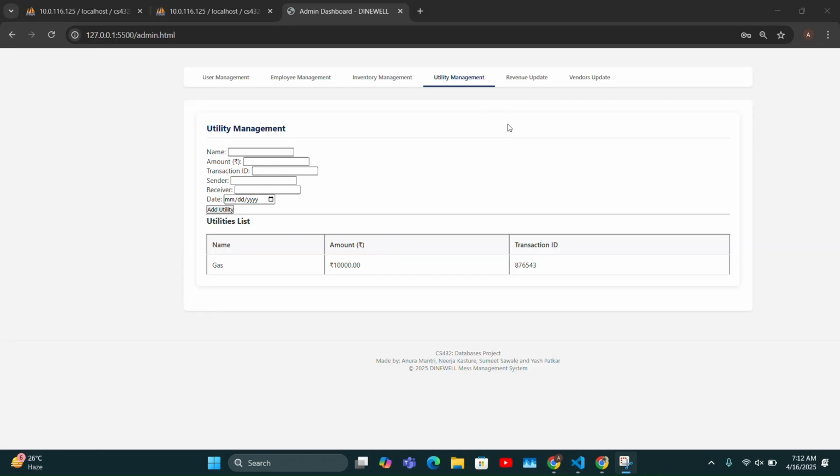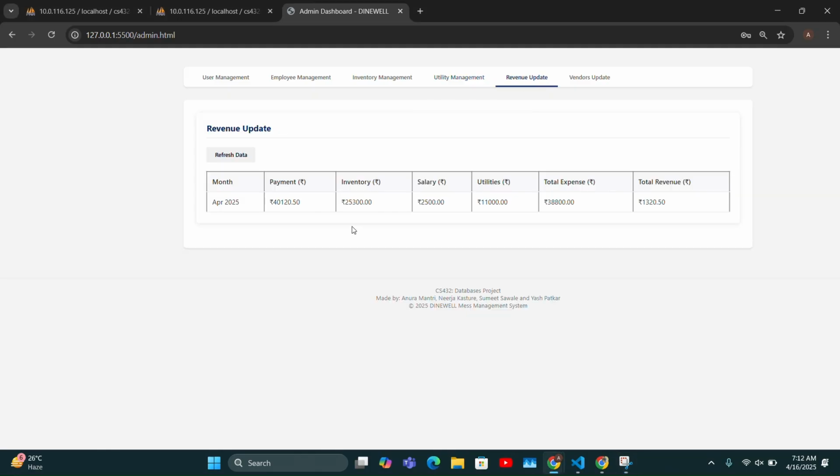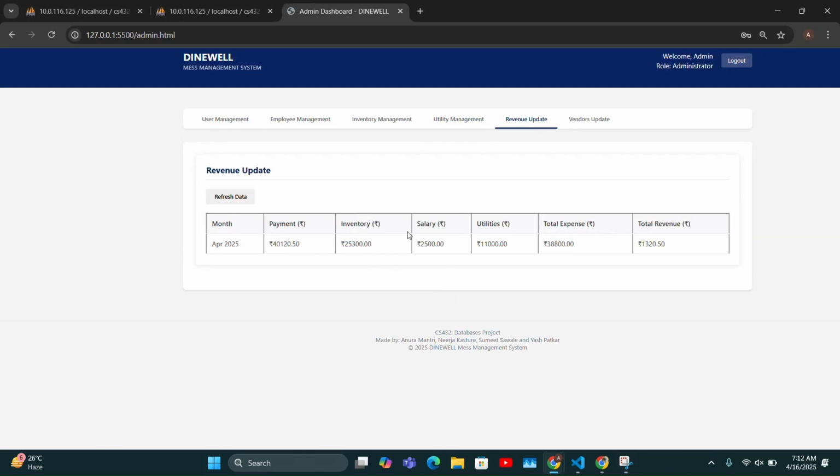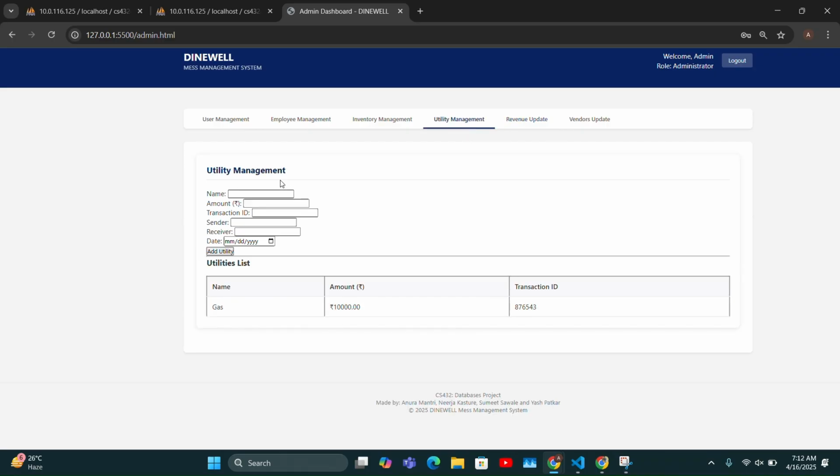So the next utility we have is revenue update. Currently we have only one entry in the revenue table. So the revenue update is automatic. Let me add another utility, electricity bill, amount of 5,000, transaction ID 123456, sender admin, receiver